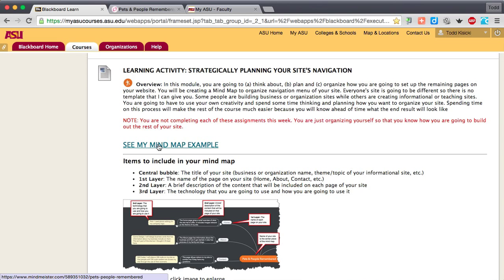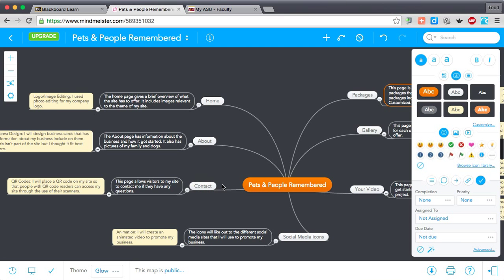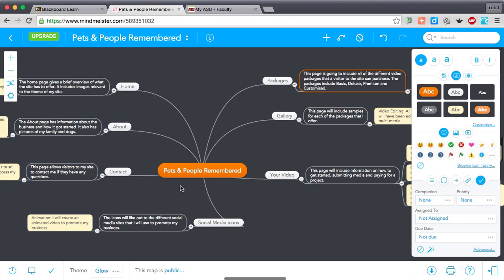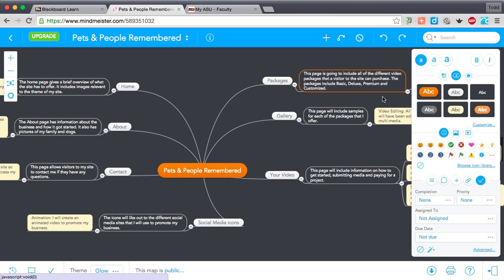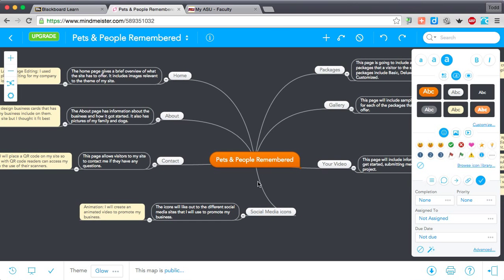Okay, so I've got a link here to my mind map example, and I'll open it up here. And this is a finished one. Anyways, I've got my mind map going here. In the center is going to be the title of your site. So if it's your business, your informational site, your teacher site, whatever, you want to put the title of it there. Then the next level,